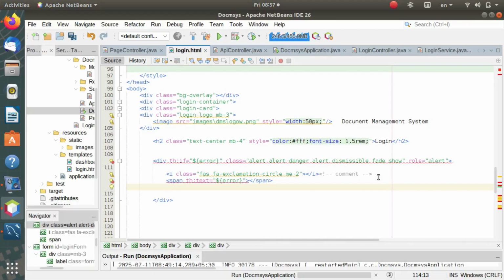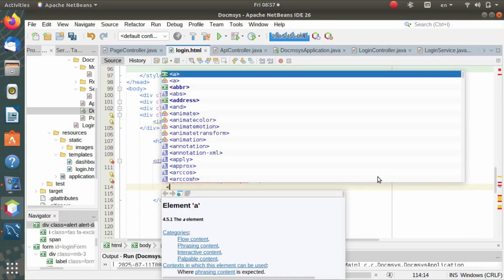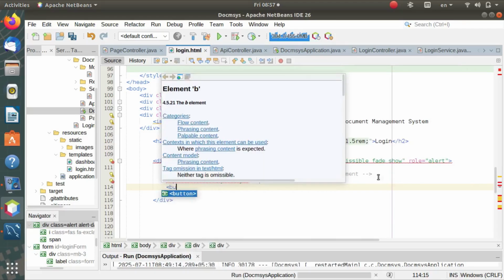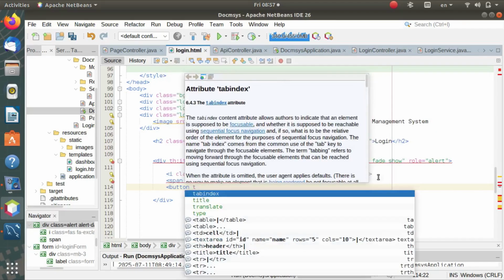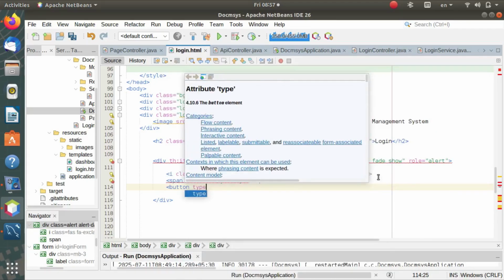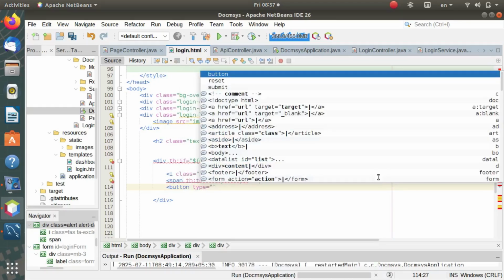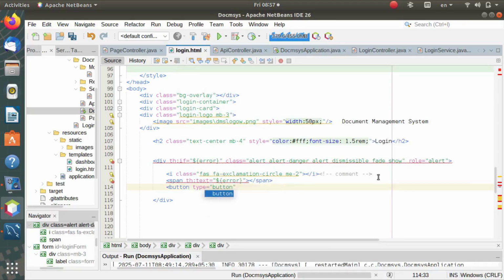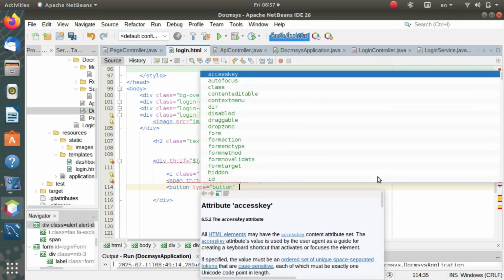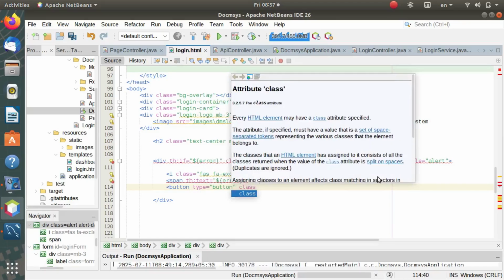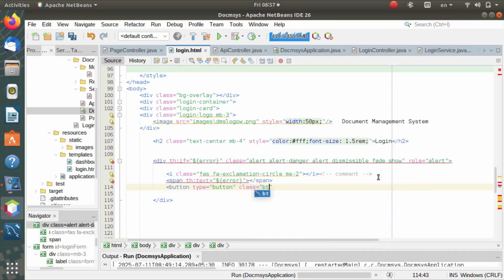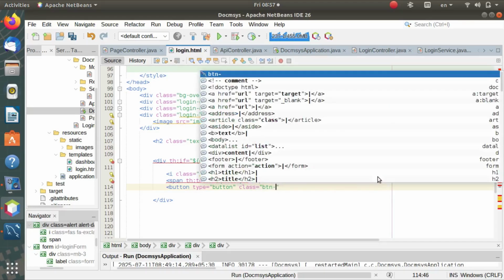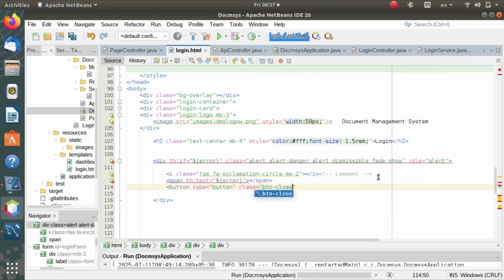Span text error, and here we use the button, directly close button. Button class btn close